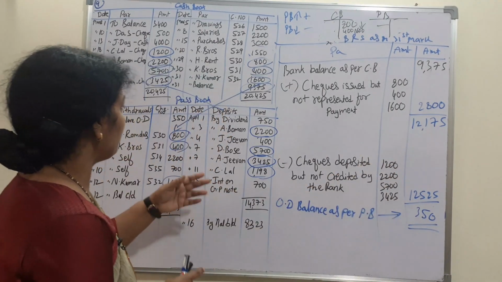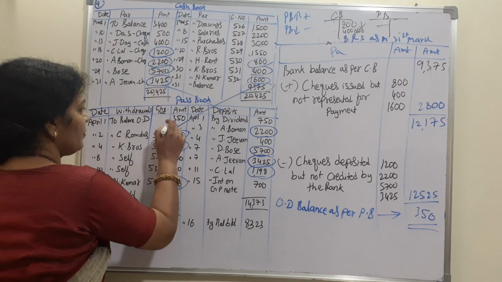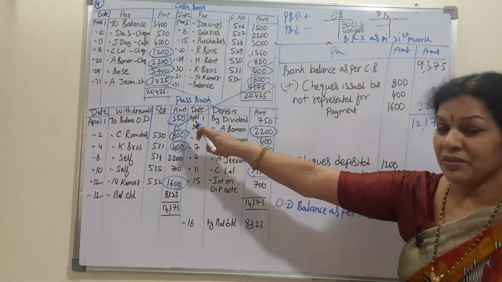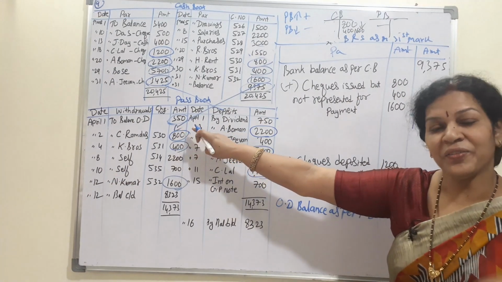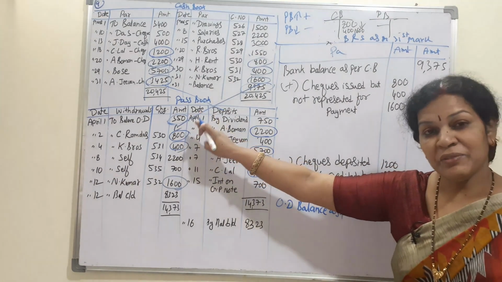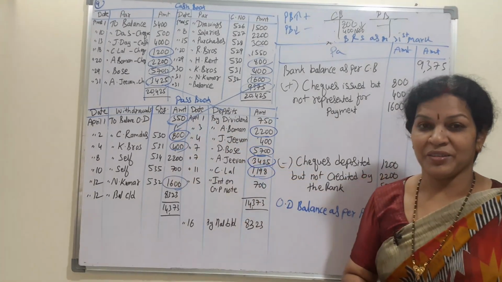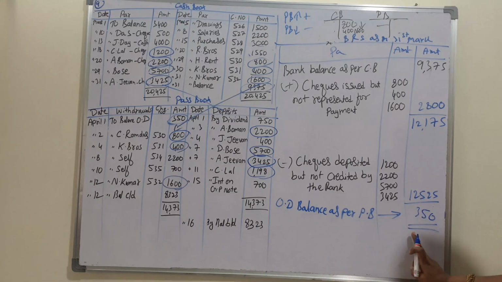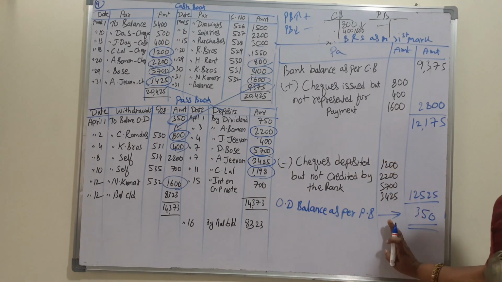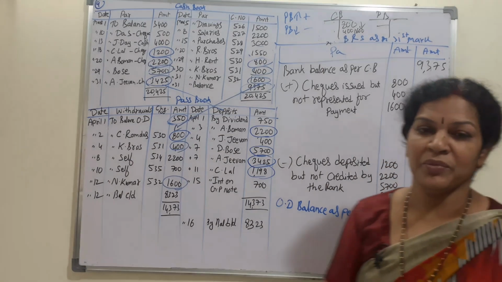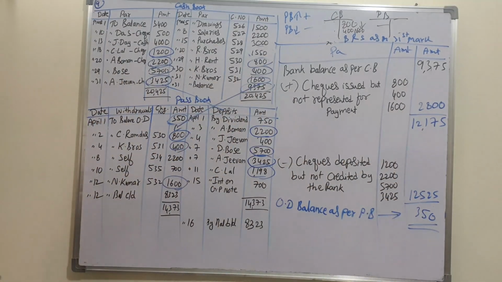Check it out, 350, where it is here. You can check the answer. 350 closing balance of March month means opening balance of April. So 350 overdraft balance, passbook overdraft balance. This is what we got. Overdraft balance as per the passbook 350. Same, they are tallying, na. So you know that the problem is correct. You can check the problem. So you can note down or take a screenshot.